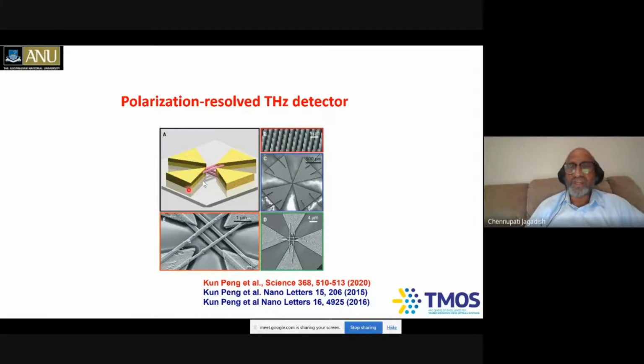So what we do is we take these nanowires, and then of course you've got these so-called bowtie antennas, which will be able to couple the terahertz radiation to the nanowires. But in order to measure both X and Y polarization, we had to create these nanowires orthogonally oriented, at 90 degrees to each other. The challenge has been how to avoid contact between the top nanowires and the bottom nanowires. If they're physically in contact, they short circuit the device.